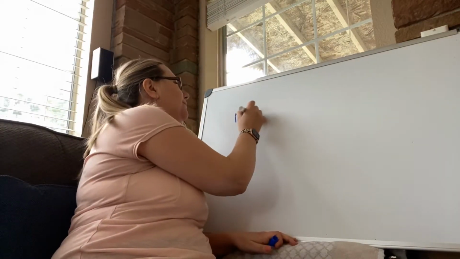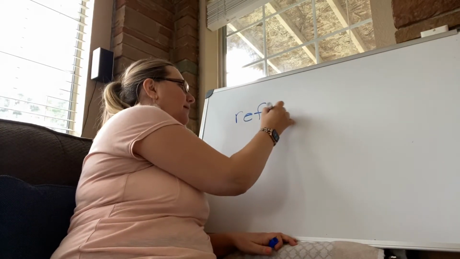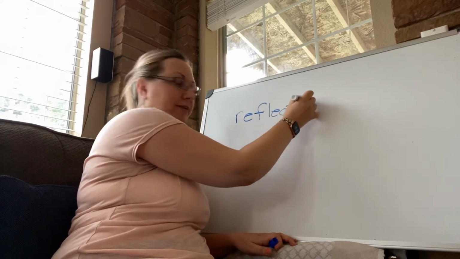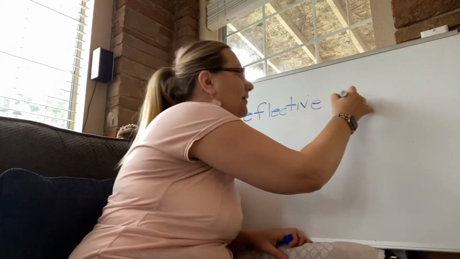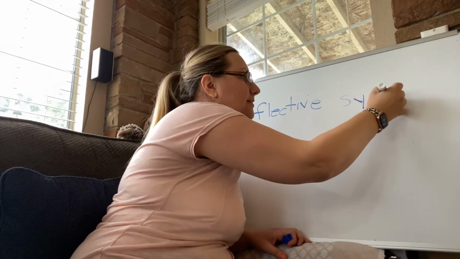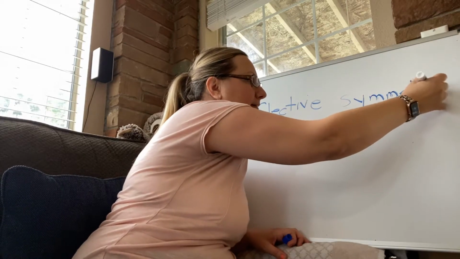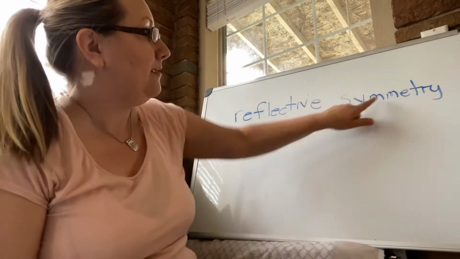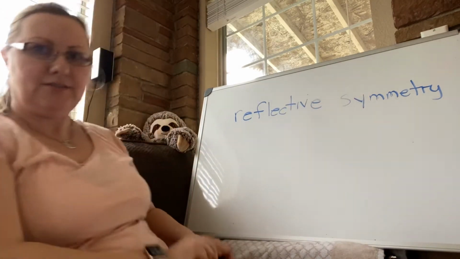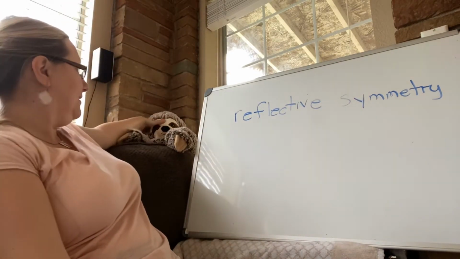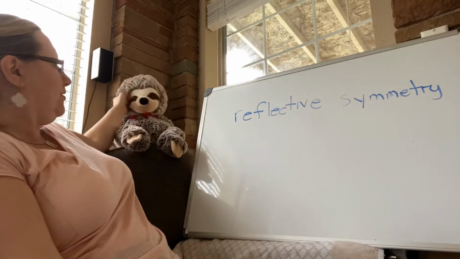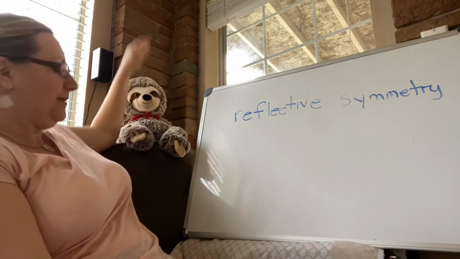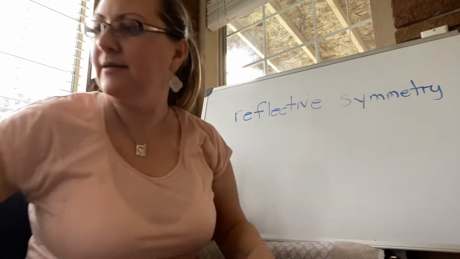Whoops, I almost used a Sharpie. Not a good idea on a whiteboard. Reflective symmetry. It's still a little bit wet. I'm not so sure. Looked funny, but no, that's correct. By the way, do you see who's back here with me? Here's Coco helping me, watching over me. And